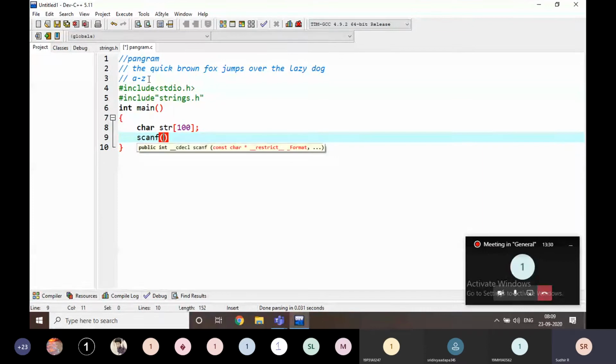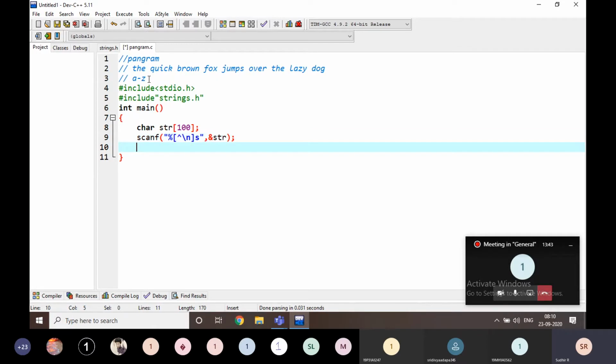I am going to read that string with %s, str. I'm going to read only one string. I'm calling one function, is pangram of str.